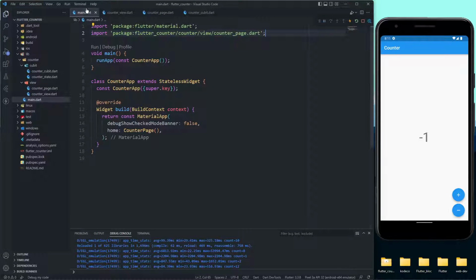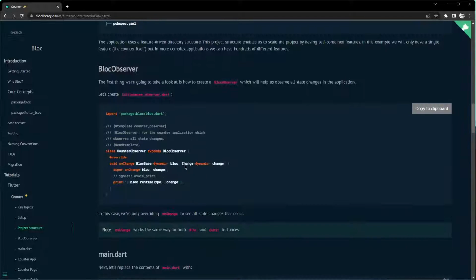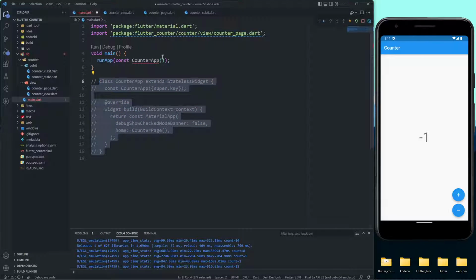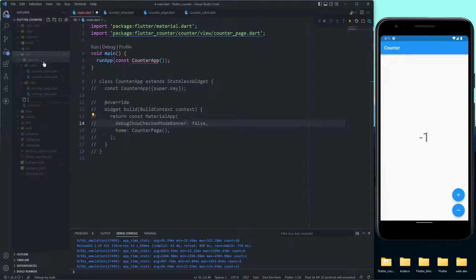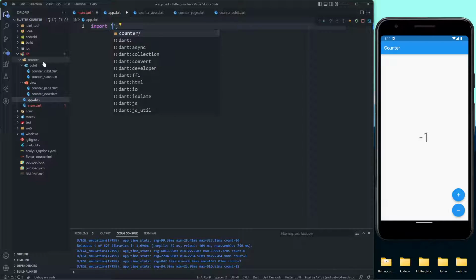Now, before we go to BlocObserver, one thing that this official tutorial will suggest is to have our counter app in a separated widget. So what I'm going to do is comment it out, and now as you see we have an error. Within this lib folder, let's make a new file,